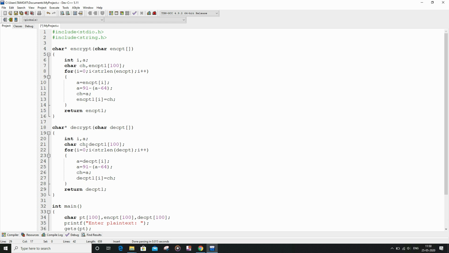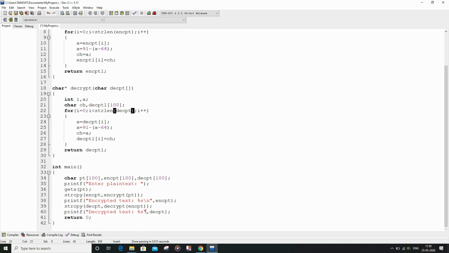So basically, as you can see here, we have declared a character string variable, that is decrypt1, and the for loop is basically going to run as many times as the number of characters in the decrypt character string. Basically decrypt is what we have passed here as a parameter, that is the encrypt value.